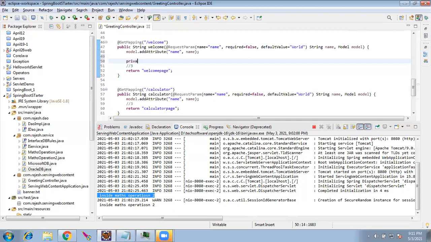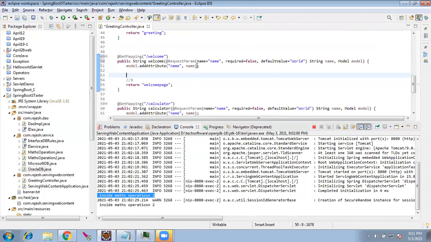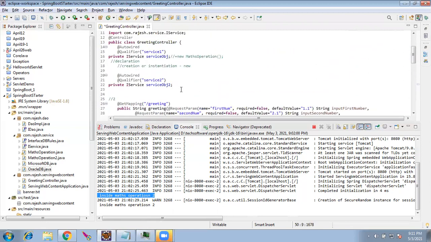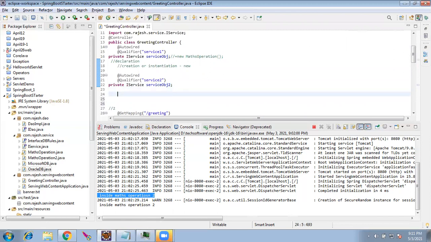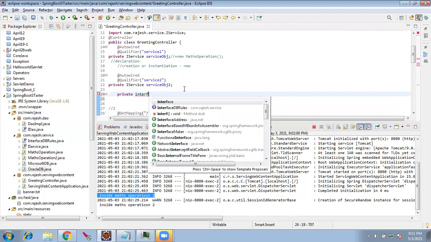Private. Here, I have to declare here. Private. What is the interface name? Interface DB rules.